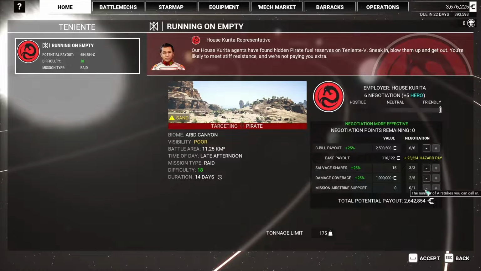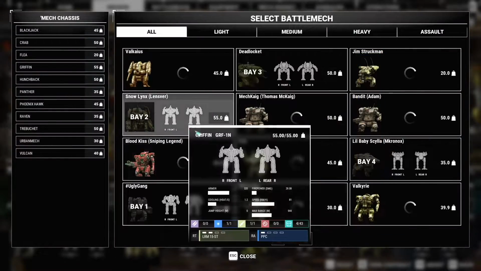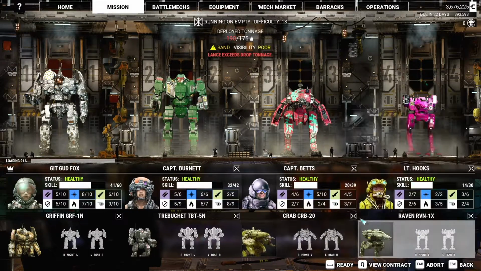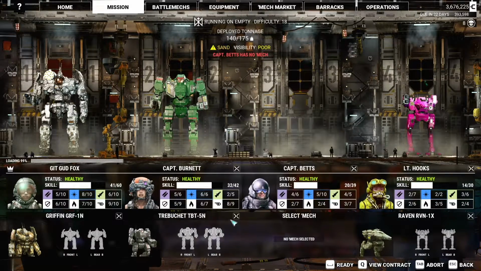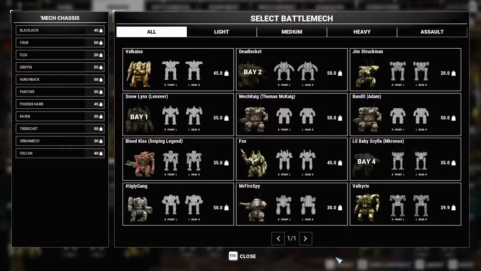Okie dokes, for our recustomization battles, looks like we got ourselves... I like these hazards. You get way more stuff on this. Unfortunately, we could only spend 3 of our points on salvage shares. So I'm just going to swap these around. Oh, so this is an example here. We got to play the jigsaw puzzle with the drop weight limit, so we can't fit the crab in. You know what? Instead, I'm going to put the crab back in, and...